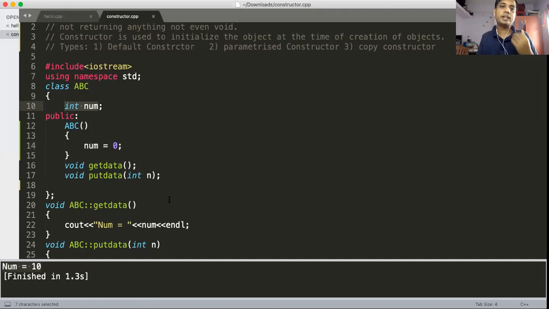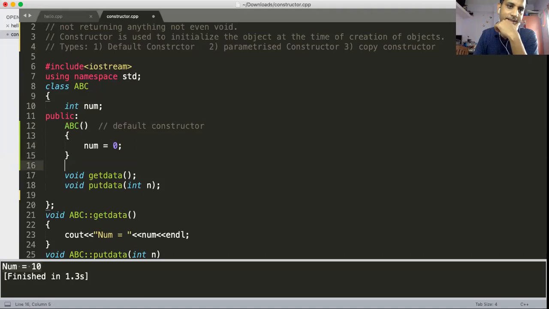So when the object gets created, you are assigning the value to num itself. This is called a default constructor.